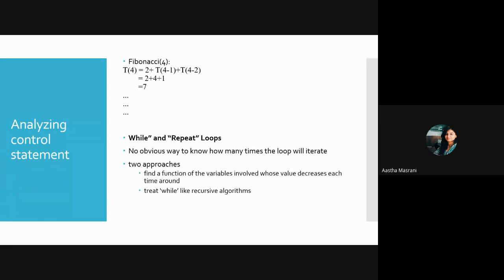If I say a of i is equal to 1, means I'm checking whether something is equal to or not. Then at that time, it will be only executing one time. But when we are having any condition, like if i is less than or equal to n, at that time, it would be running till n plus 1 times. So that we can get from the number of inputs or from the condition given to us for all the conditional statements.